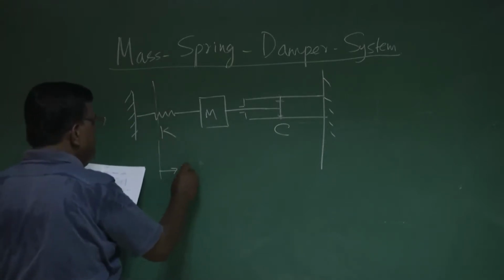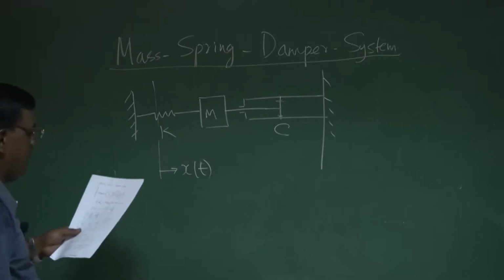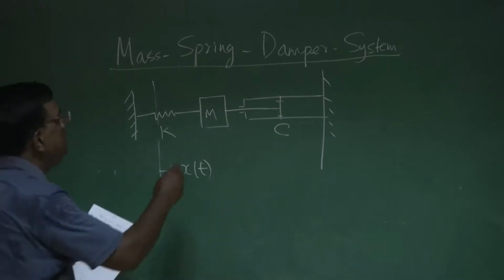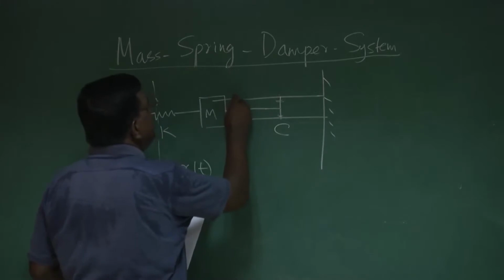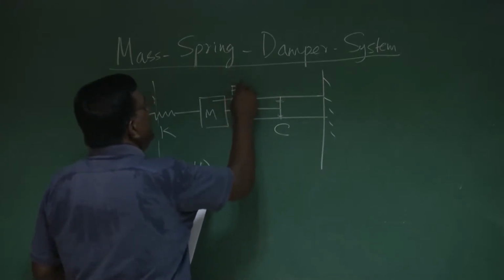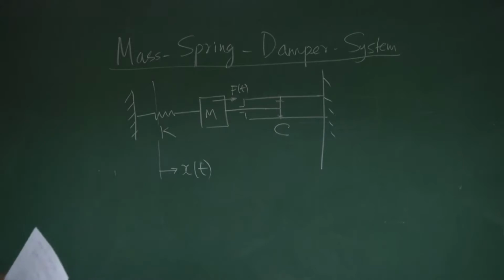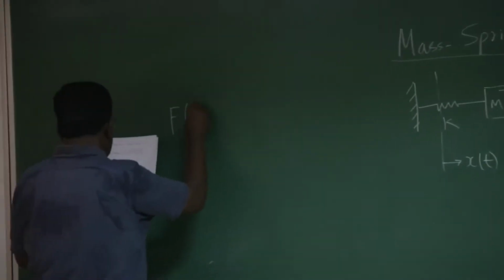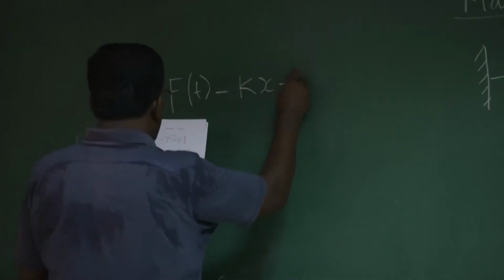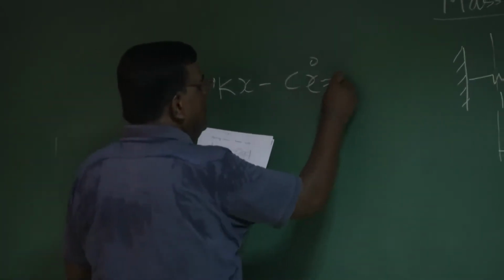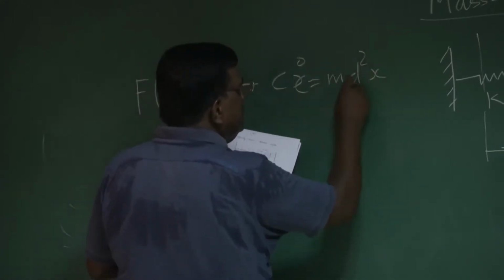Somewhere I am measuring x of t, and we understand x of t means we are talking about the displacement of perturbation about the equilibrium. The perturbation about the equilibrium, the extension of the mass when I give a disturbance through f of t, and I am measuring x with respect to the equilibrium, right? And if I write the equations, I can easily show that f of t minus kx minus c x dot is equal to m d square x by dt square,